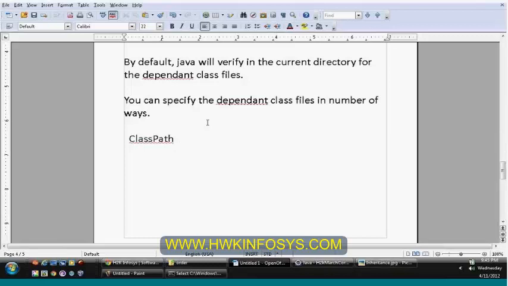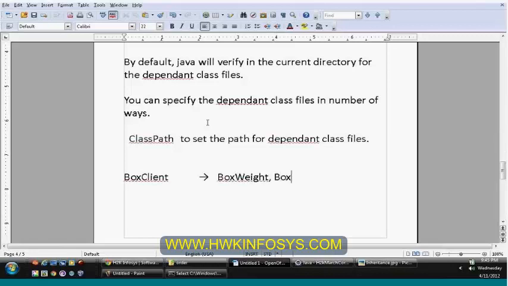Class path is used to set the dependent class files' path. See, your box client is going to depend on box weight, and it is going to depend on the box class.